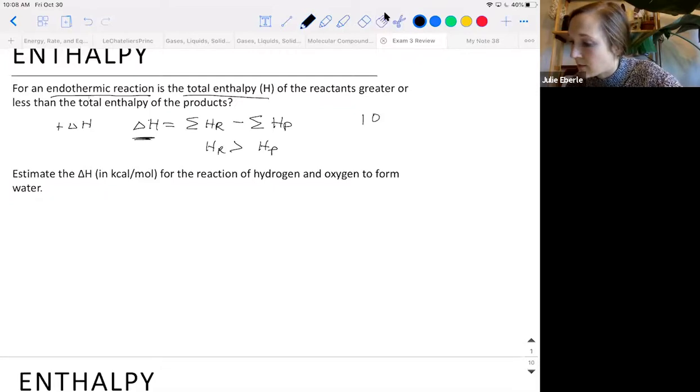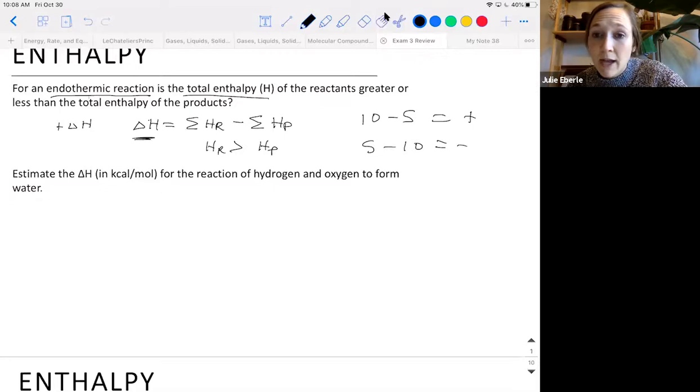That's like saying 10 minus 5. That'll give you a positive number versus 5 minus 10. That would give you a negative number, okay? So here, enthalpy of the reactants is larger, and overall that means the reaction is absorbing heat, absorbing energy, okay? And that means your products